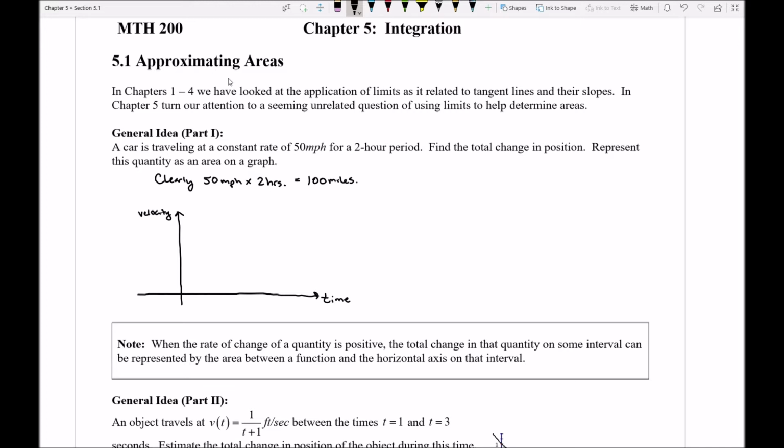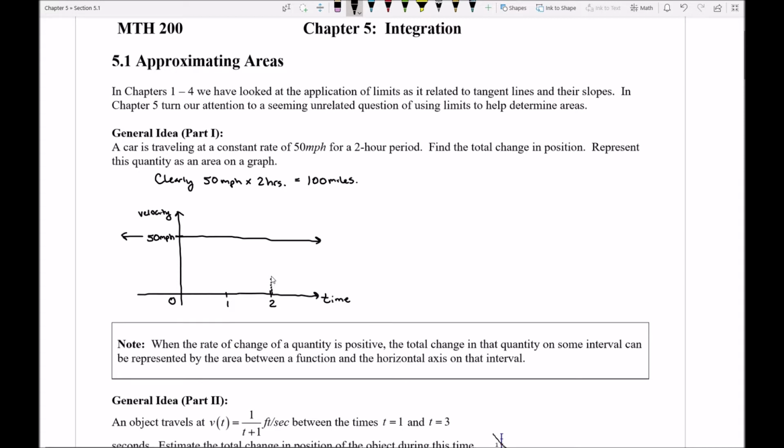Now, since the car is traveling at a constant rate of 50 miles per hour, I can imagine putting 50 miles per hour right here on my vertical axis. And since the car always travels at this speed, it's just going to be moving like this. That's just some constant flat value of 50 miles an hour all the time. And I, of course, have the same curve stretching out towards the other direction as well. But now I can see that on the horizontal axis, if I marked out where 1 hour is and then where 2 hours occurs, then I can really easily and quickly see that in here,